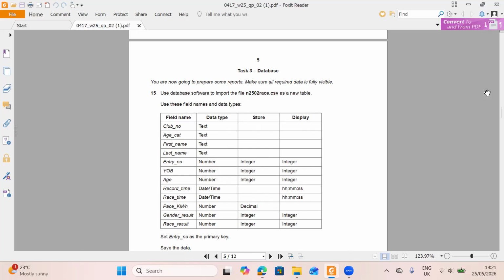So we are preparing reports, and when we are creating reports, the first thing we should remember is I have to create a query for me to be able to create a report. Those are the things that should come to our mind when we are seeing the first statement in our question. Now, question 15, use database software to import the file